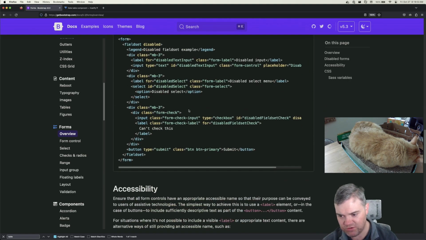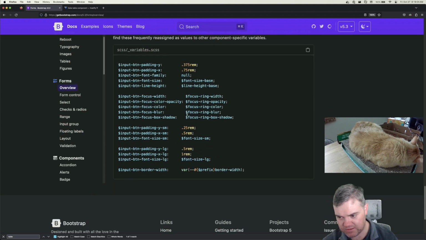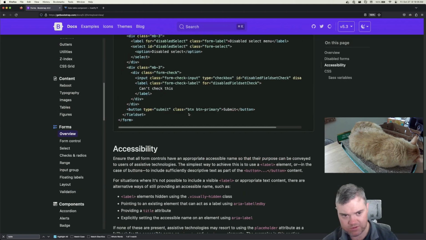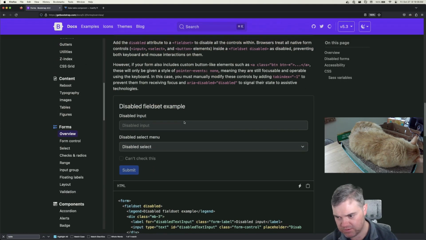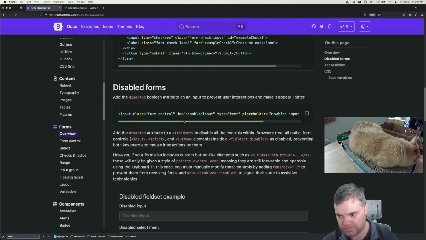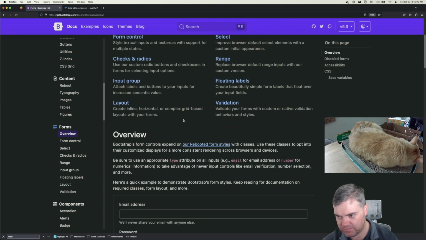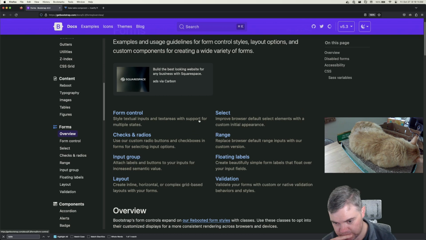Okay, these are all new lines. No, that's not helpful. Attach labels and buttons to your inputs. Okay, so I don't necessarily want to do that. I want to do this inline. So multiple states, inline. Okay,